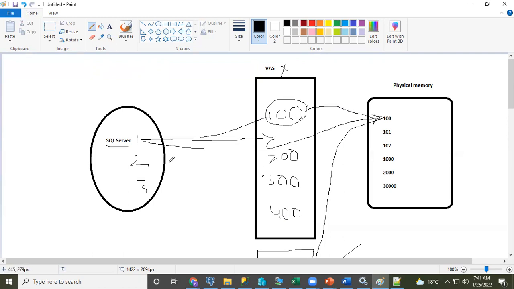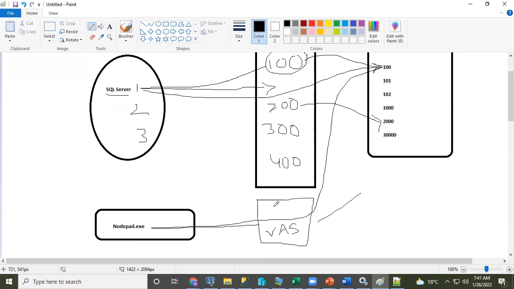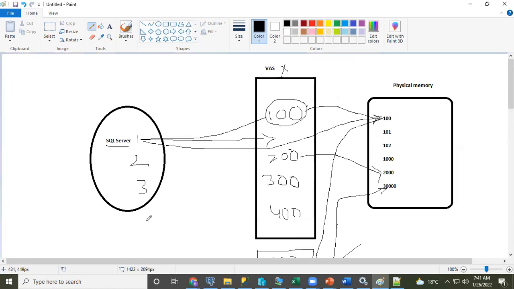It will be converted internally to another address. Then for notepad.exe, if you see 100, 200, this 100 and that 100 are different because each is its own dedicated virtual address space. This address will be converted, understanding which addresses are available in the physical memory to access, and allocated to this 3000. So the virtual address space will manage which threads